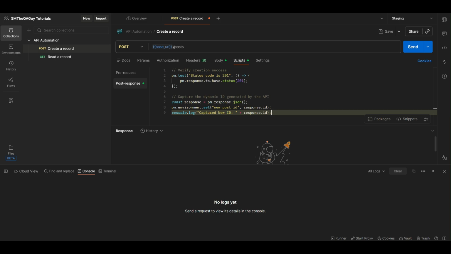So first we set up our post request. Notice the script in the post response tab. It captures the ID generated by the server, usually 101 for this mock, and saves it as an environment variable called new post ID right here. Now move on. Let's save this record first